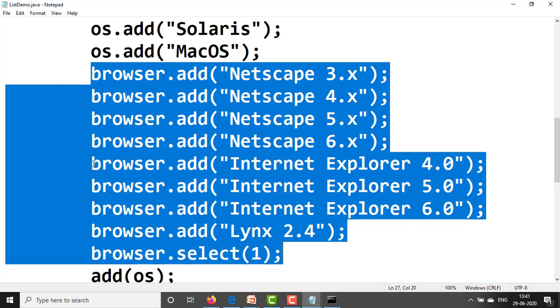Here we provided 1, and that atom is selected by default.